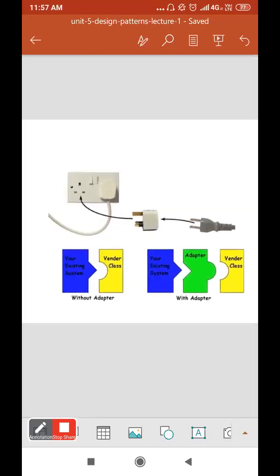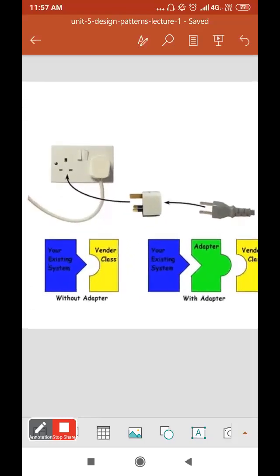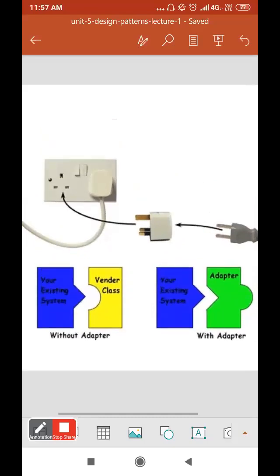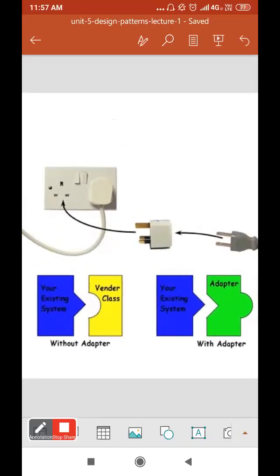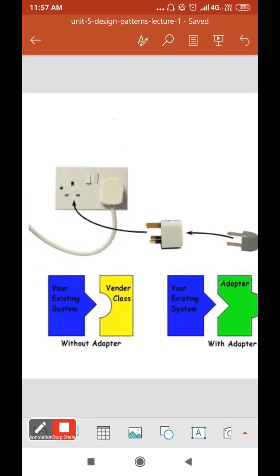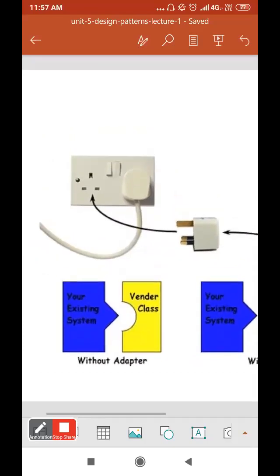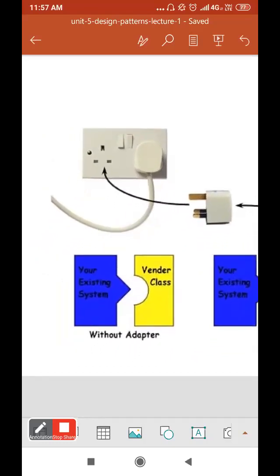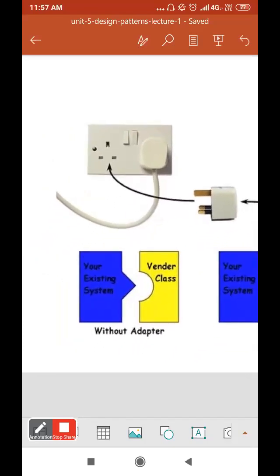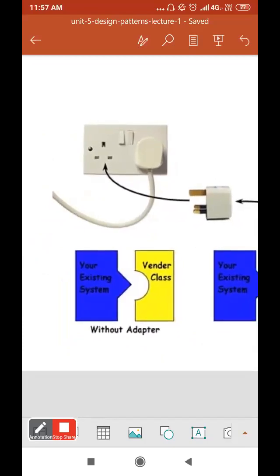So now you can see in this particular diagram, unless and until you have a particular adapter, you cannot get access to it. In this first diagram you can see your existing system. Will it get attached to the vendor class?